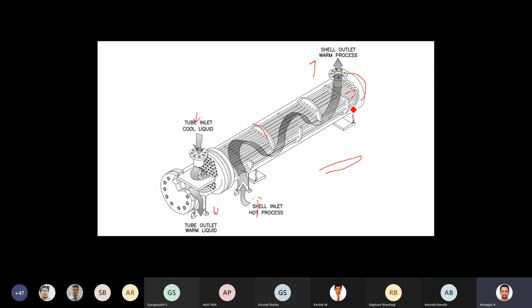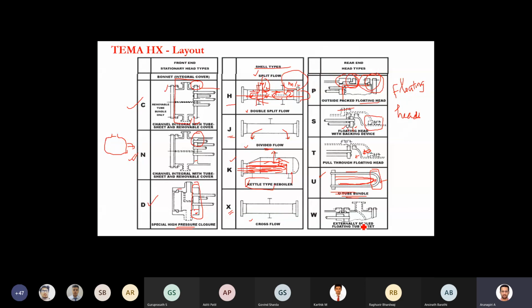Then here you can see this is arranged horizontally, and this is a vertical position. So different configurations are arranged in a single heat exchanger. Another case is externally sealed. Here you have internally sealed, and here you have externally sealed. So your nozzles will come outside the exchanger. Outside the exchanger, the shell side nozzle and tube side nozzle will come outside. Normally these are used for very special cases.